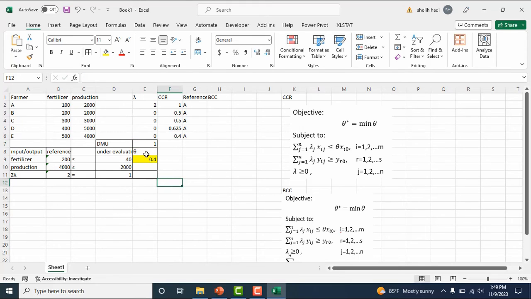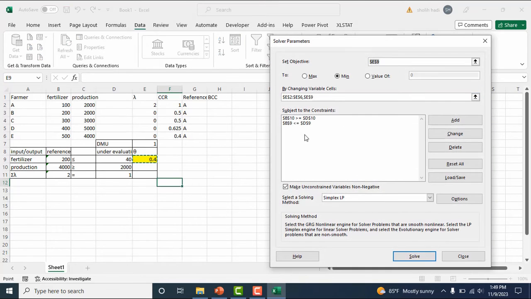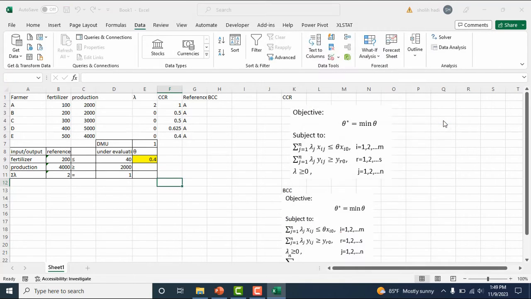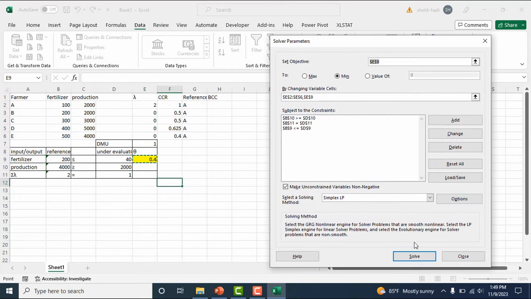We want to evaluate DMU A, or DMU number 1, farmer A, under the BCC model. In Data and Solver, we add the restriction here, and we solve.